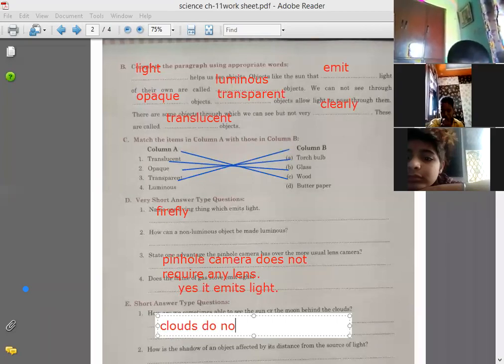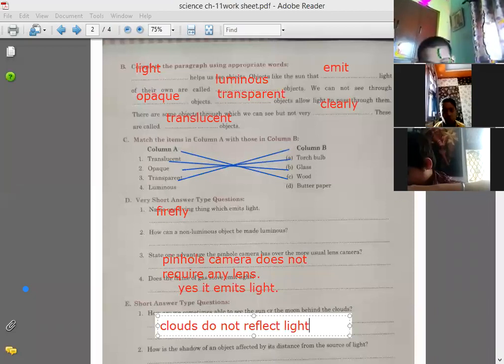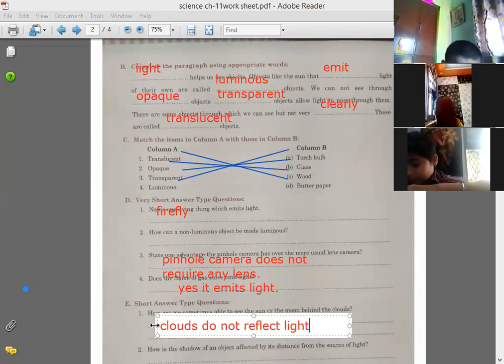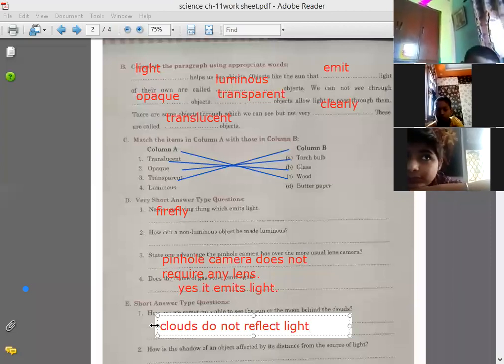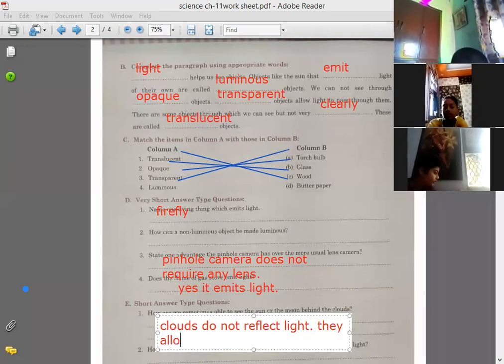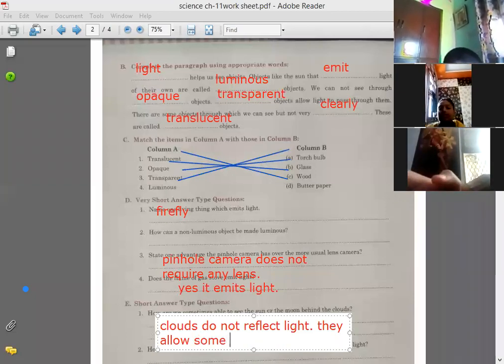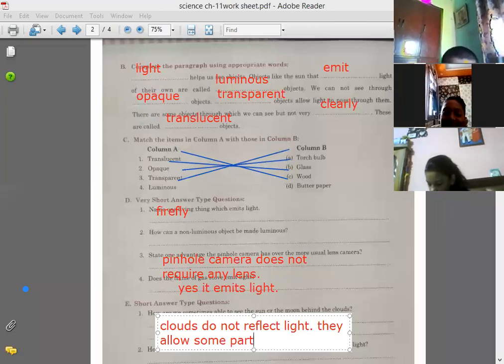Clouds do not reflect light. Okay. And therefore sometimes they allow some part of light to pass through it.